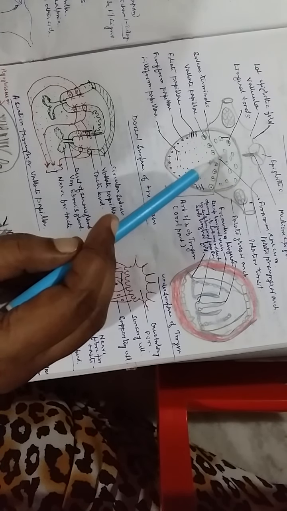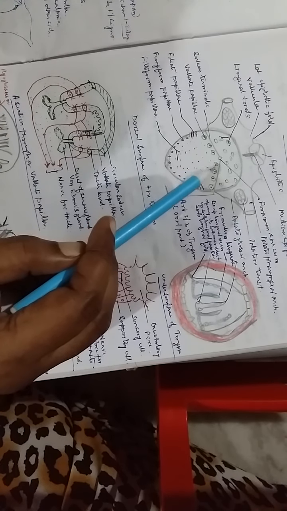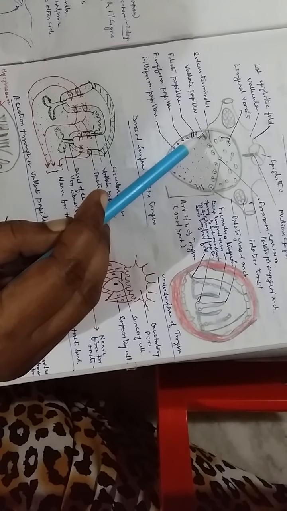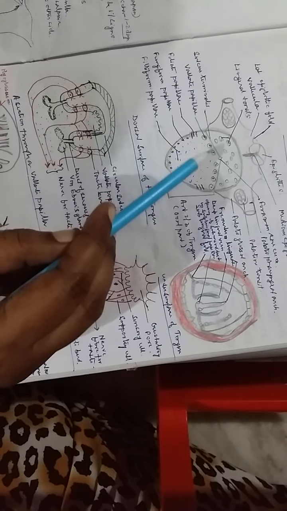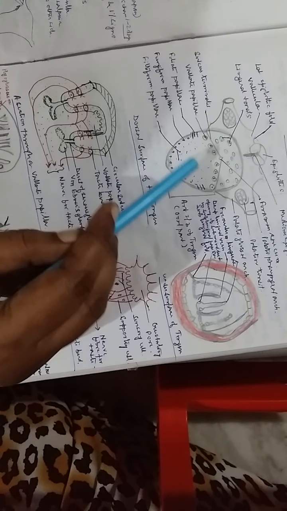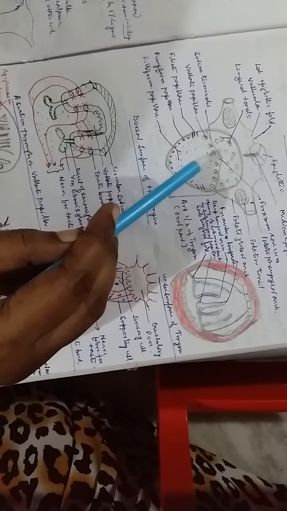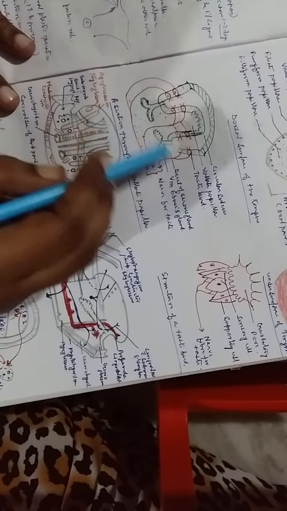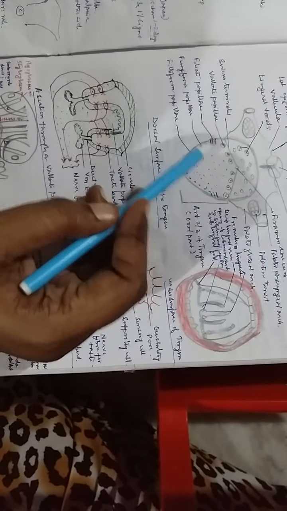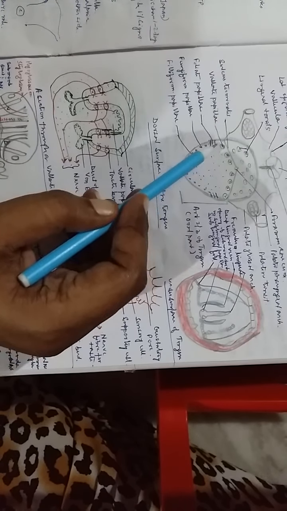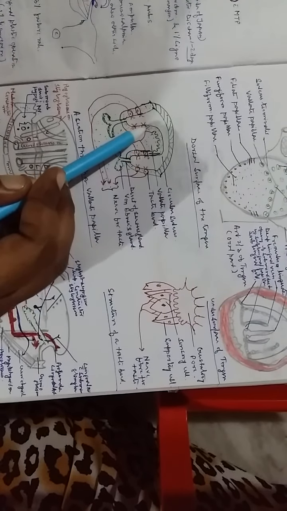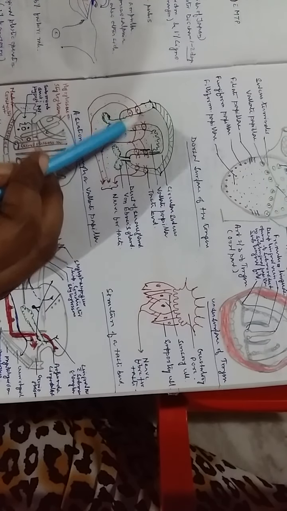So there are several types of papilla featured in the anterior 2/3 part of the dorsal surface of the tongue. Let's start with the biggest papilla, that is the vallate papilla, and this vallate papilla has a truncated broad base and grooved side part. Okay, it is about 8 to 12 in number, and it is present in a row just in front of the sulcus terminalis, and this vallate papilla has a grooved side wall.